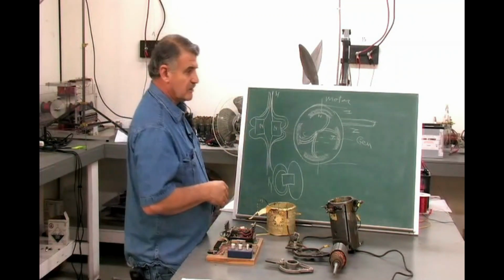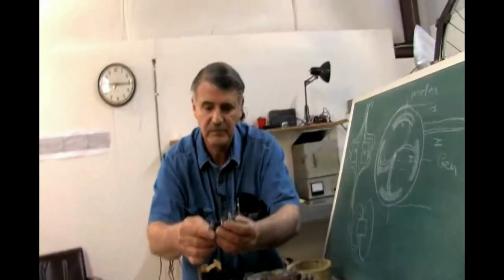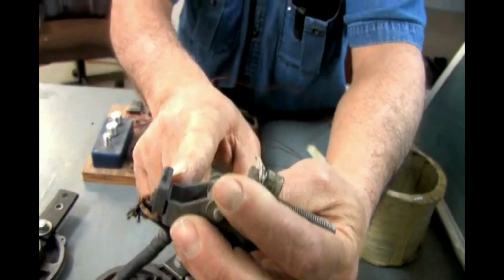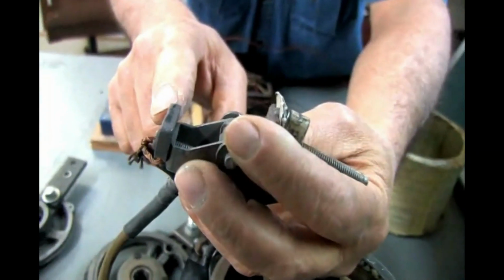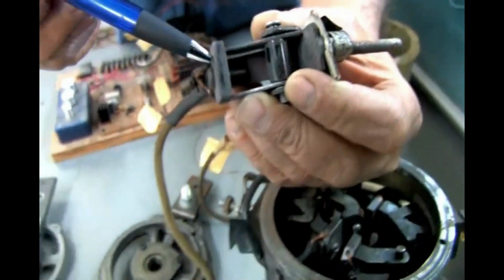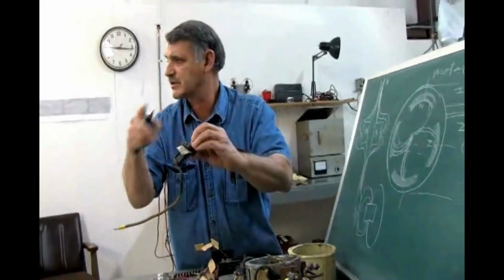Now, something very unique, if we look at the brushes that make up this, you can get a close-up here. Notice the size of the brush that's here. It's very thin, you see it? Okay, that's the brush at the very end. Can you put your finger on it again? Yeah, I'll point to it here. See, it's very thin. Right. And it's in a special made holder so that you can adjust the...